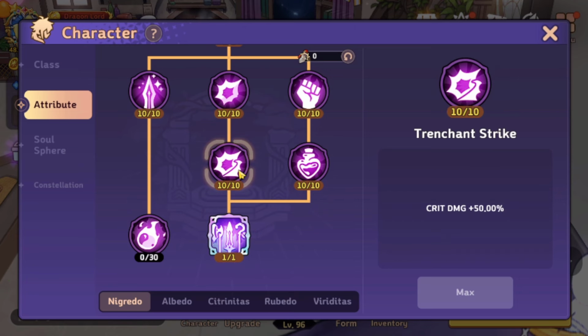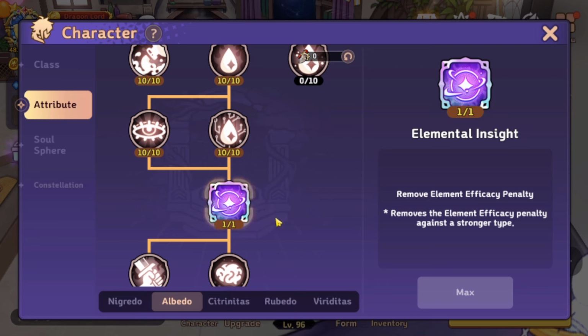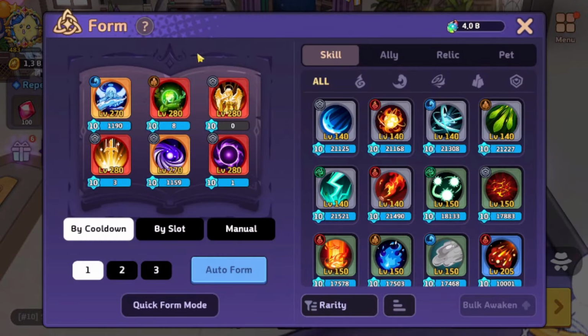And the general recommendation is go all the way up to Trenchant Strike if you can, and then we move on to the next page. From here, the main important one is really this one right here, Elemental Insight, and that removes the element efficiency penalty. So what that is